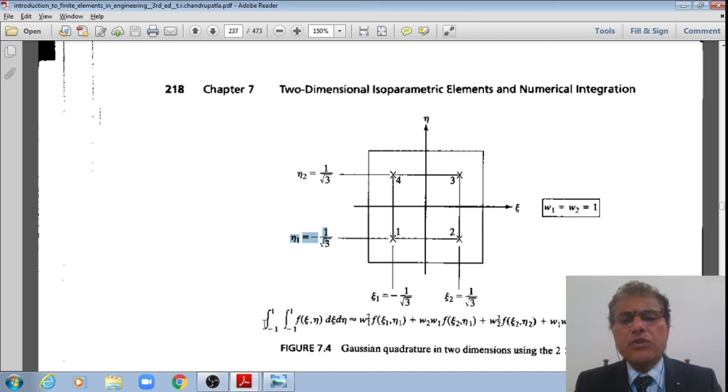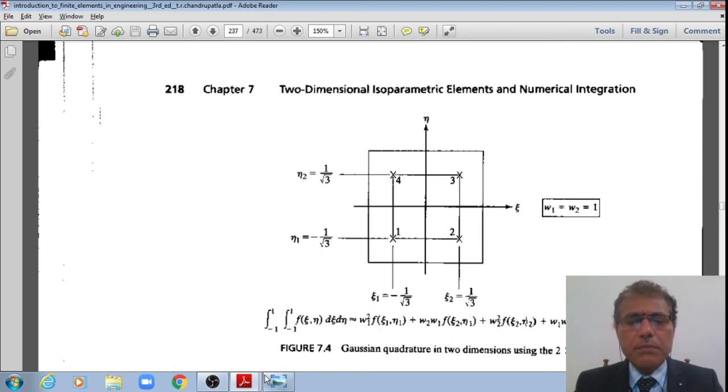Plus 1 by root 3. Then that is how my integral is given by minus 1 to plus 1, f of xi, eta, d xi d eta. Then I can write that is approximately equal to w1 square f of xi1 eta1, w2 w1 f of xi2 eta1. Now please see that if I am substituting xi2, then I do have weightage w2, right? Now I am substituting here eta2. Therefore w2 square f of xi2 eta2 plus w1 w2 f of xi1 eta2, using 2 by 2 Gaussian quadrature rule